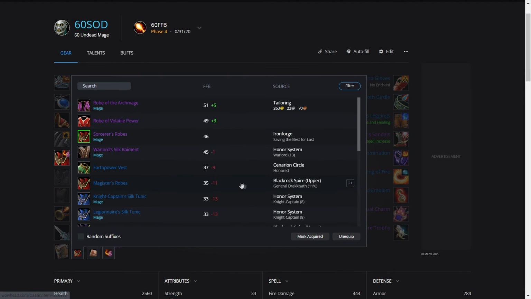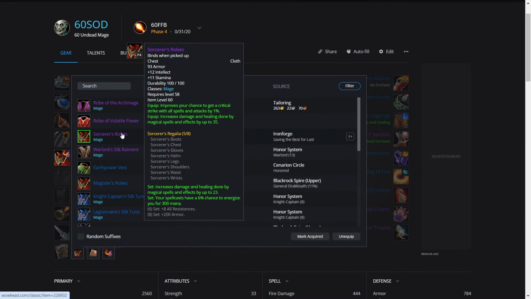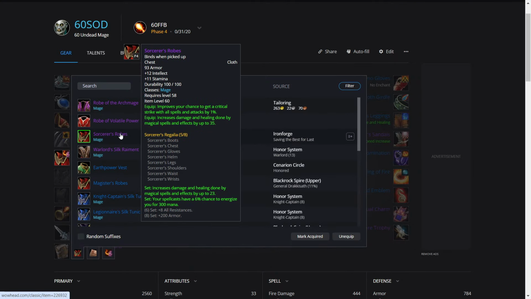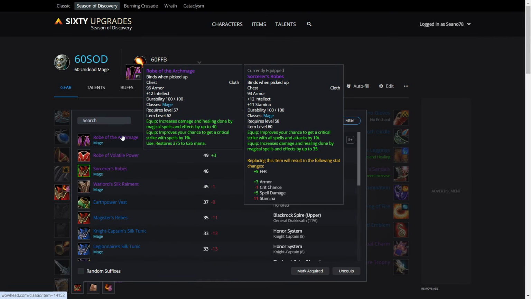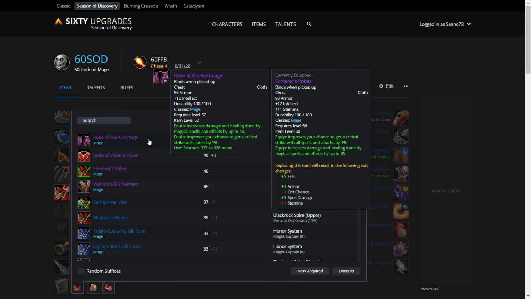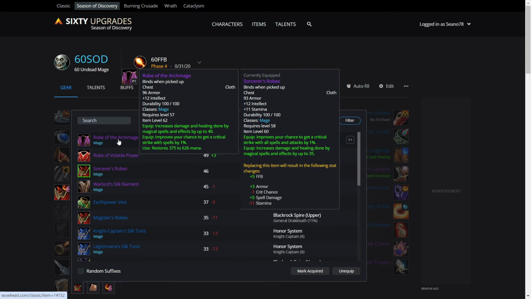Once again, this drops from Upper Blackrock Spire. From the Magister's Robes, you can upgrade it to the Sorcerer's Robes. Now, one thing, you could go for the Robe of the Archmage, but I really wouldn't bother. The recipe is BOE, and everyone is going to be needing on this, unless you're getting in guild groups and